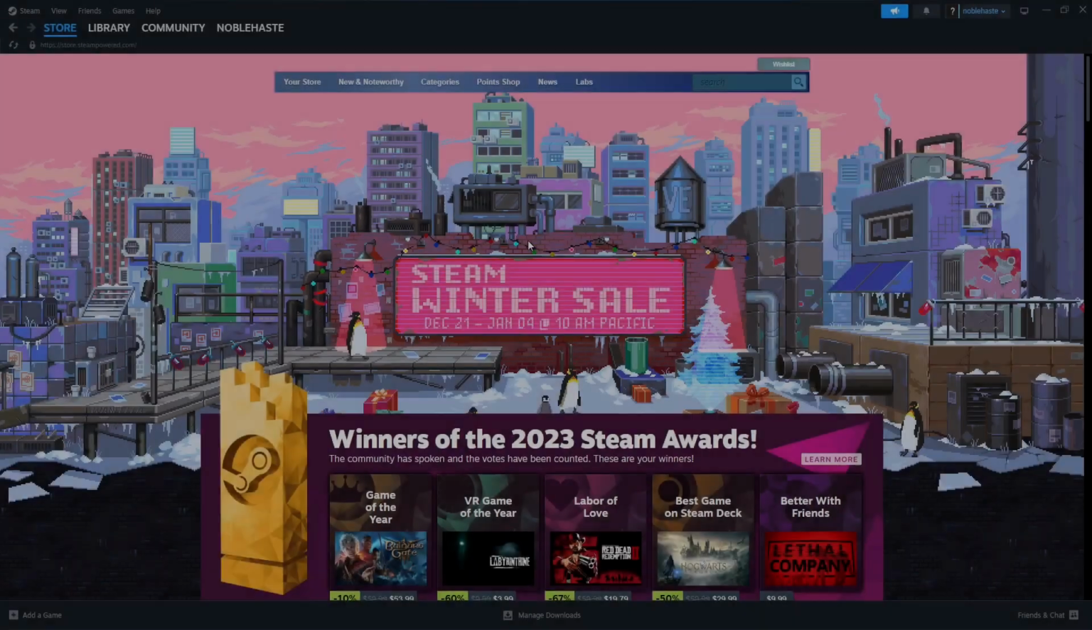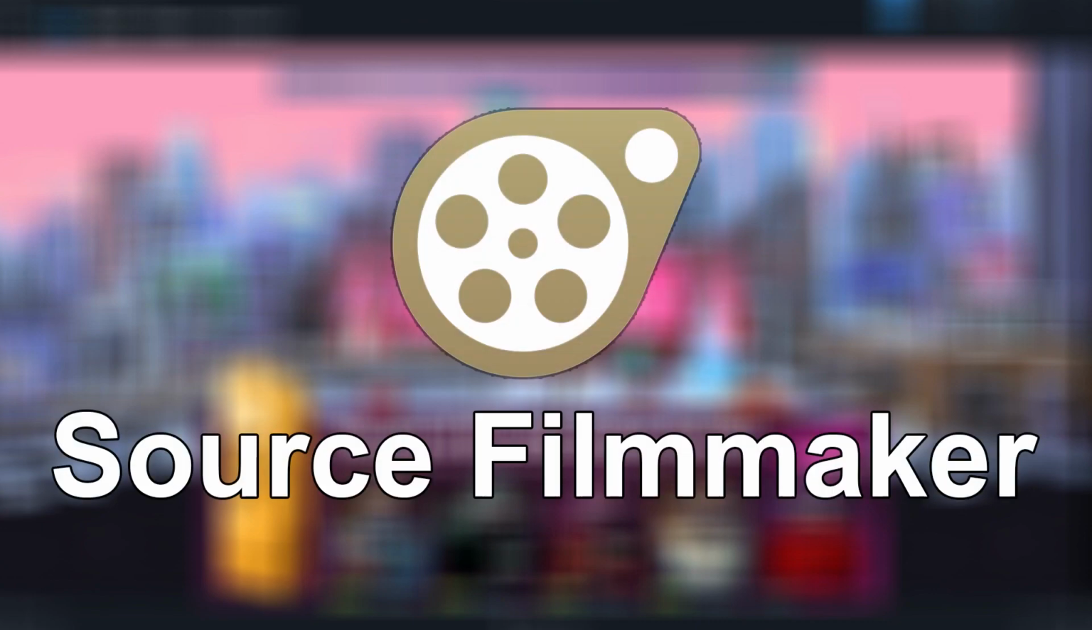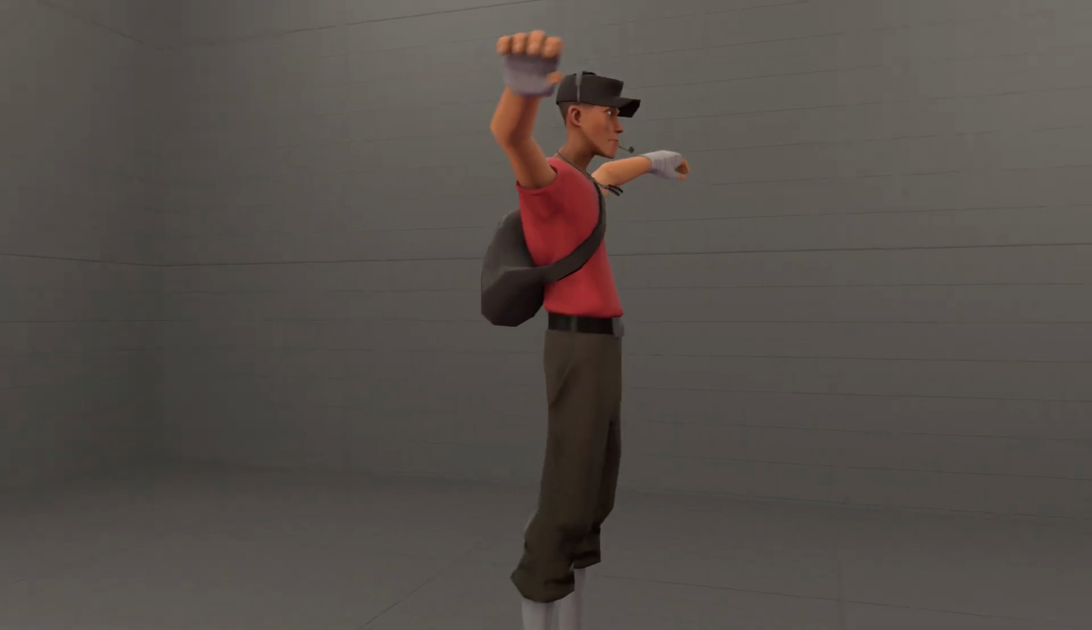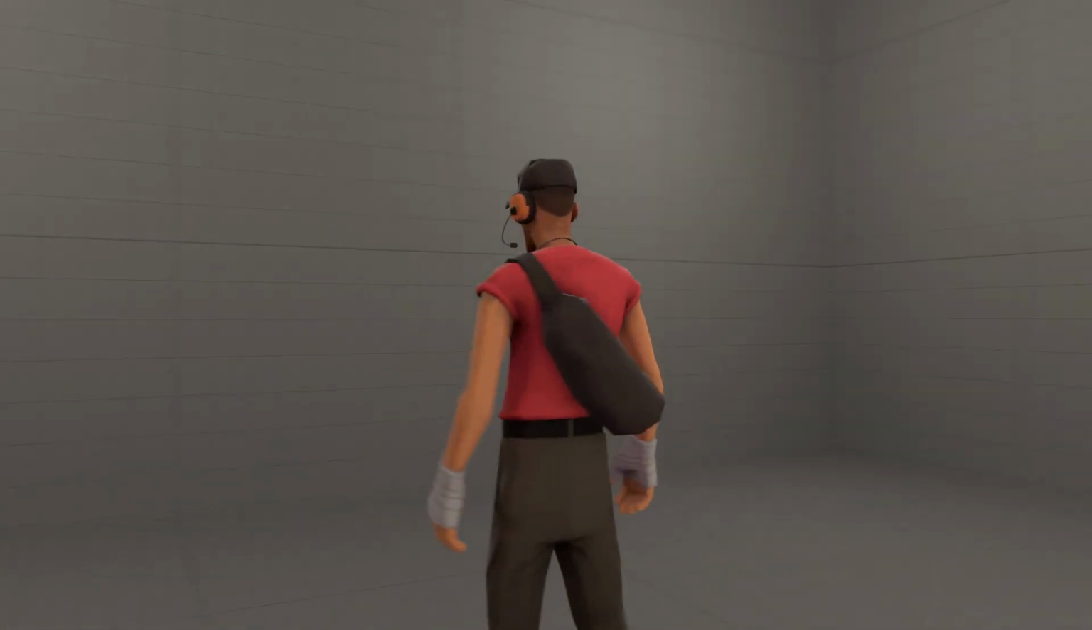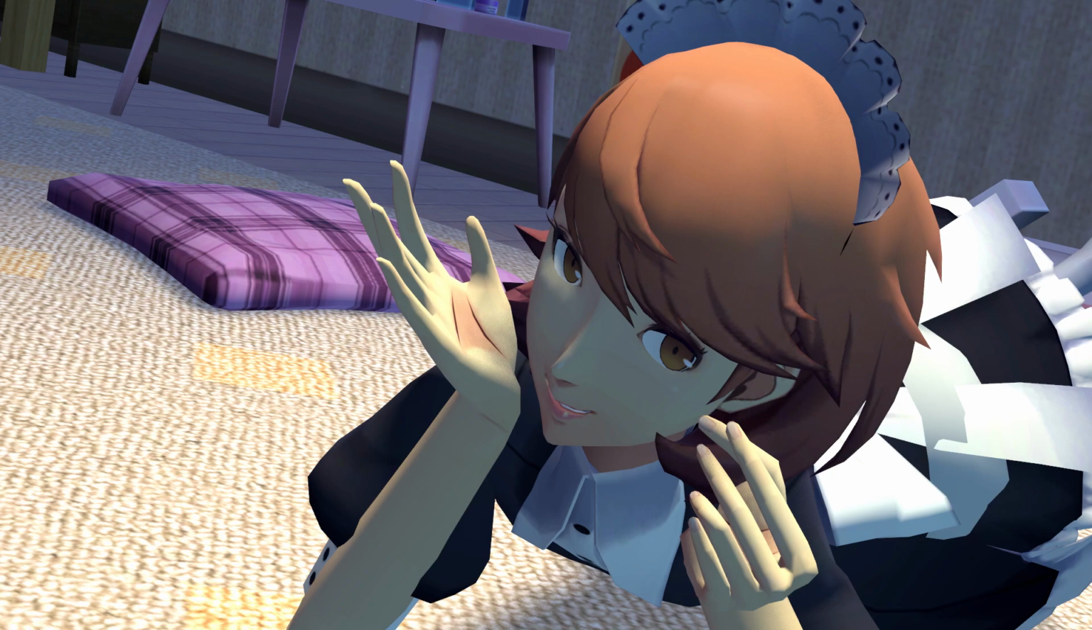Getting started with Source Filmmaker. In this tutorial, you will be getting started on Source Filmmaker, a 3D animation software from Valve Corporation. With Source Filmmaker, you can make either animations, which focus on a sequence of images, or posters, which focus on